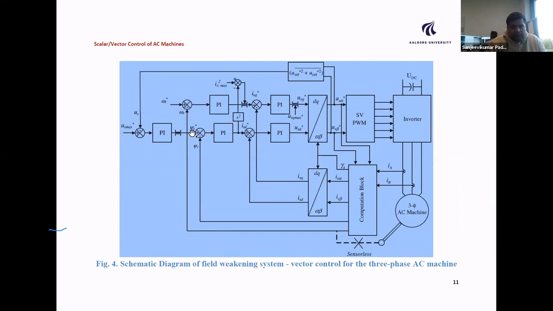Similarly, start from here. Omega r is the reference of your rotor flux, and omega r is the feedback value which you have calculated from the information of the current. And these are fed to the PI regulator. So the PI regulator can help you find the reference value for torque, and of course for the flux. And these parameters are compared with the actual values from your calculations. So these are the feedback values. Again, you put a PI regulator. These PI regulators will control the current of the flux and torque. So the inputs are the currents, and obviously you will get a voltage parameter. So here you are going to have a voltage parameter for your torque reference, and the voltage parameter of your flux producing component, and these are given to a